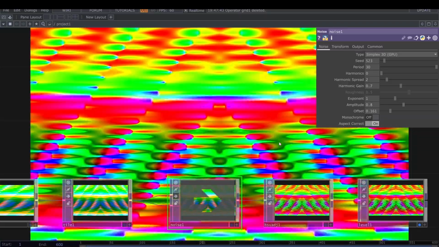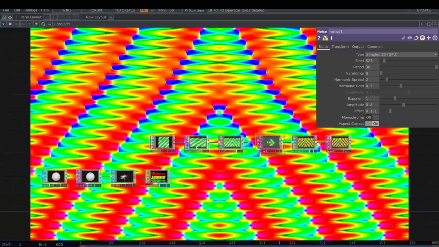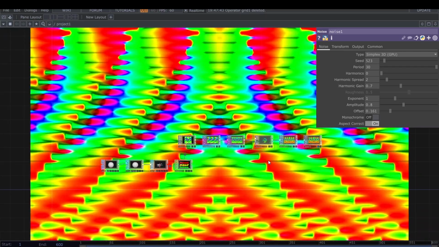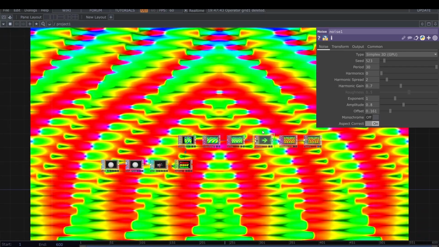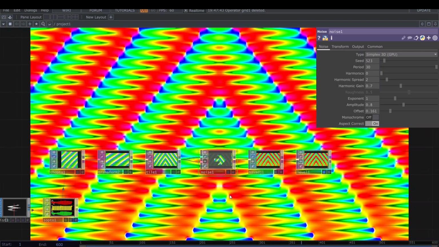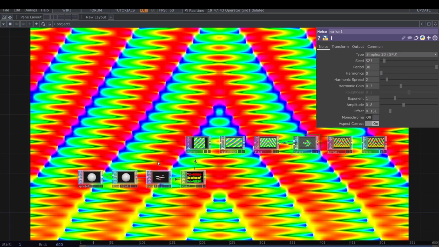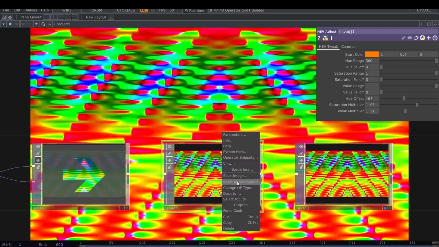So as you can see, if I get correctly, we skipped 2 nodes actually, so we were actually using just 8 nodes to get that super cool pattern moving, and here we are gonna skip the noise, so you just need 9 nodes to get to this in TouchDesigner. Now I'm putting all the